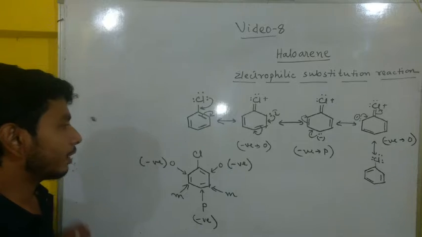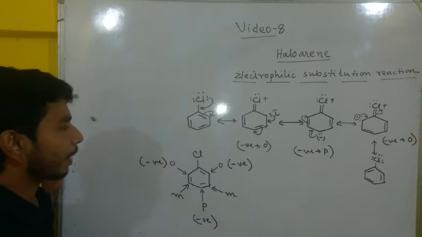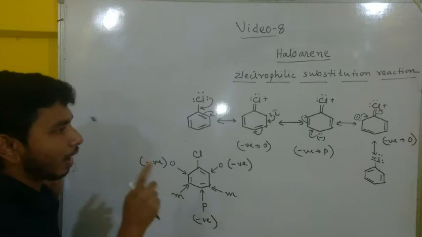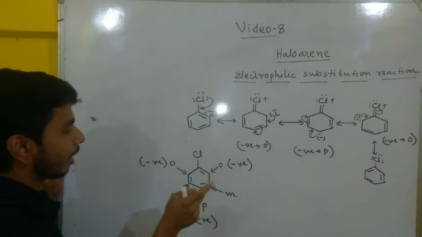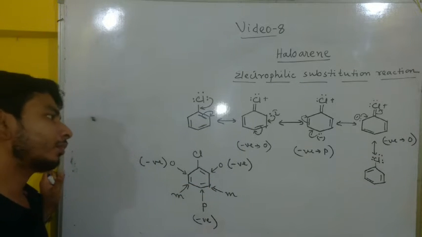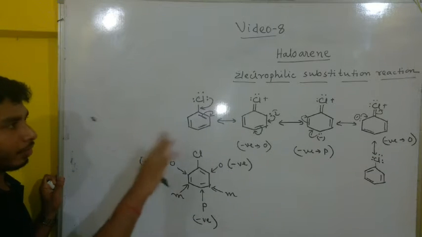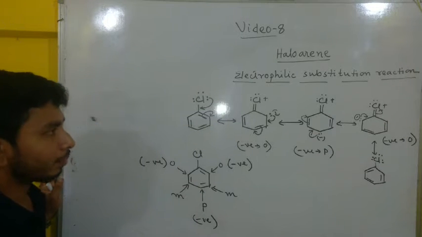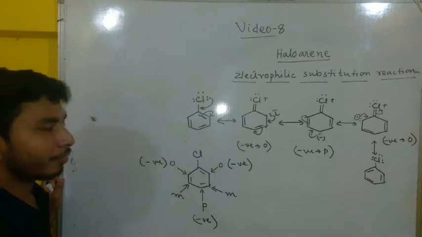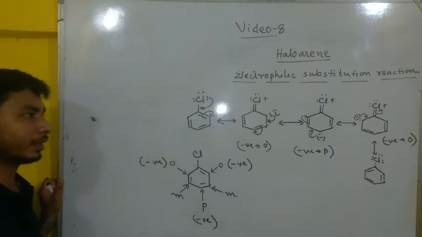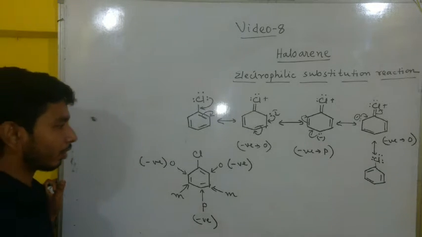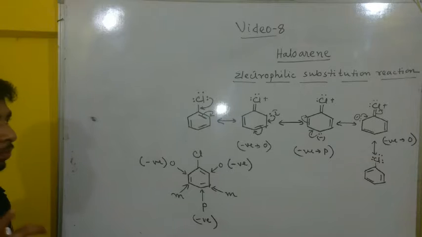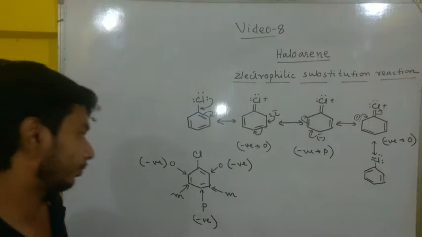Negative charge means it is electron rich. So if we compare the electron richness, ortho position and para position are electron rich as compared to the meta position. Clear? So by comparing from the resonating structures, it is clear that ortho and para position carries negative charge. None of the resonating structures carries the negative charge in the meta position. That means the ortho and para positions are electron rich as compared to the meta position. Now